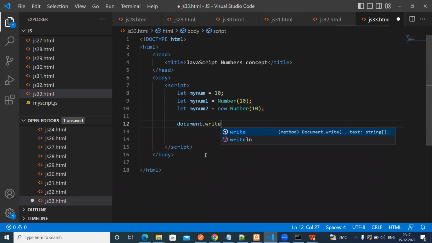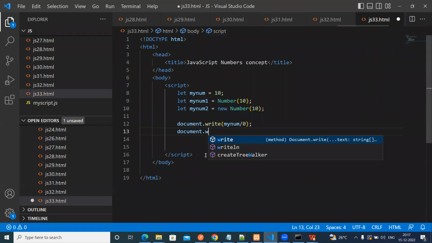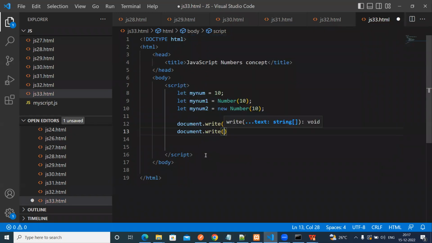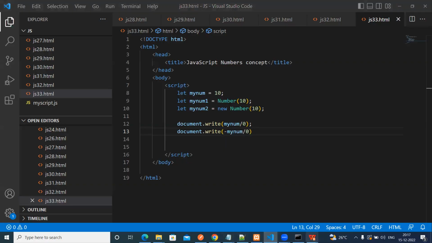Document.write 10 by my num 0, right? So then document.write my num by 0, right? So if you give the minus, okay, positive infinity and then negative infinity. Okay, so the next one